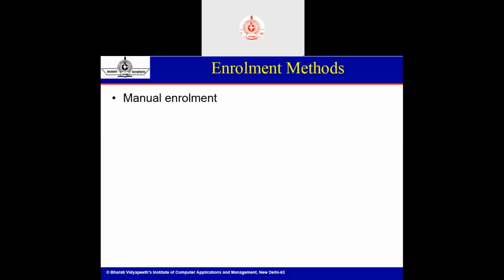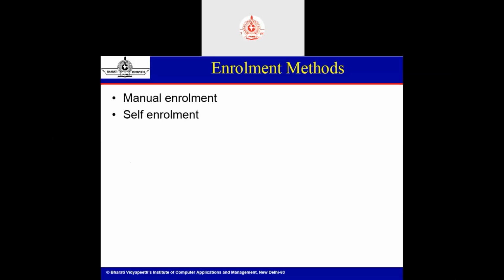There are different types of enrollment methods. The first is called manual enrollment. Manual enrollment is when a new user comes into your course and you just assign or enroll that user into your course. That is the manual enrollment, where the user is not supposed to get self enrollment or default enrollment into the course.